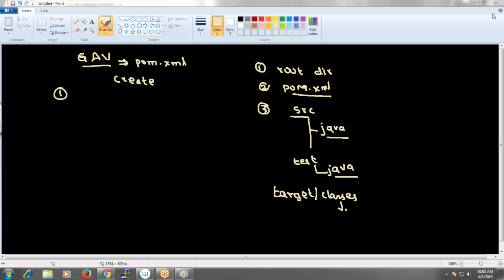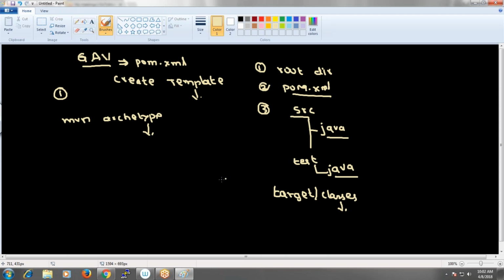Okay, so today's discussion is going to be about how to make use of a template, how to create a default template list, and how to make use of a Maven archetype. That is the template, Maven archetype, to generate a list of templates, and we are going to choose a particular